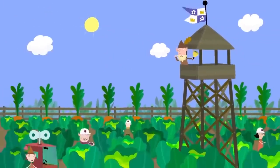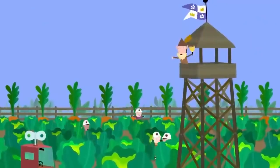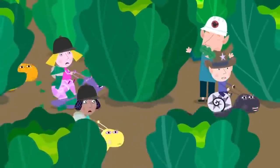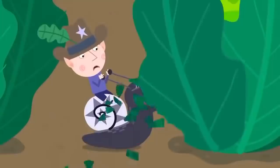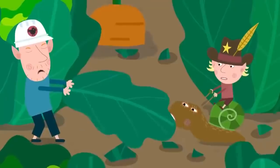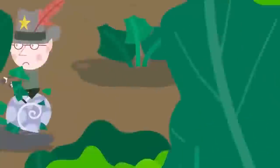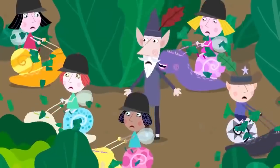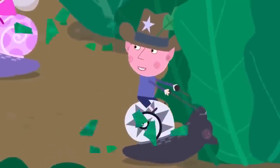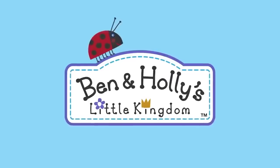Snail alert! Snail alert! It's a stampede! No, Speedy! Stop that! Quick! Get the cabbages into the elf truck! Boy, get off me vegetables! Stop! Stop! What are these snails doing here? We're just doing a riding class. Come on! It's no good! They're eating...